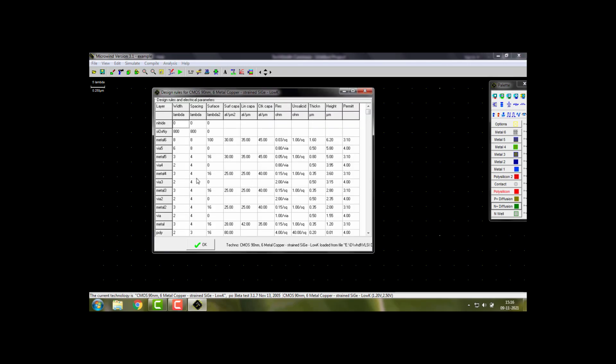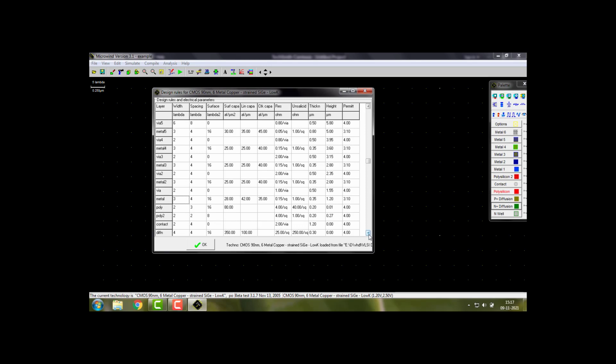So 5 lambda, the lambda based design rules we have to follow. Those rules will be visible here. Design rules, go to help and see design rules. Suppose if I want to use metals, it must be 3 lambda. If I want to use poly, it must be 2 lambda. This is obvious because 1 lambda is half of the length, that is L by 2.